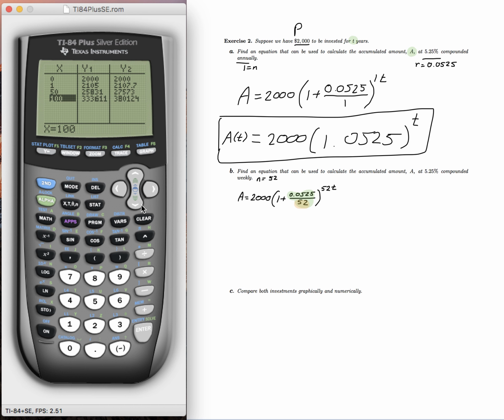So that's kind of a nice exercise, seeing how different changes to the situation affect the overall behavior of the money in an account. You could play around with this where you hold the compoundings the same, say you pick monthly compounding, and see how different interest rates would affect your accounts. So the next